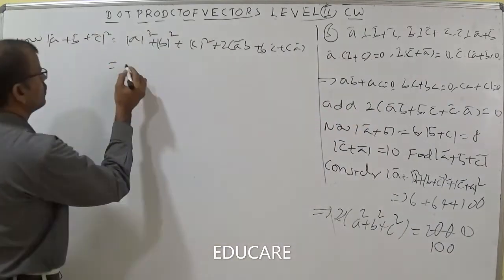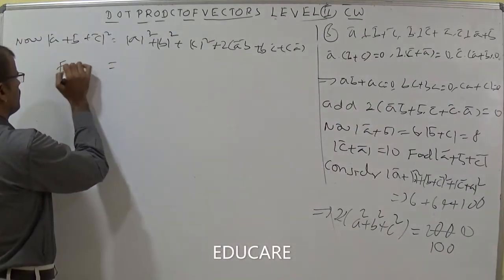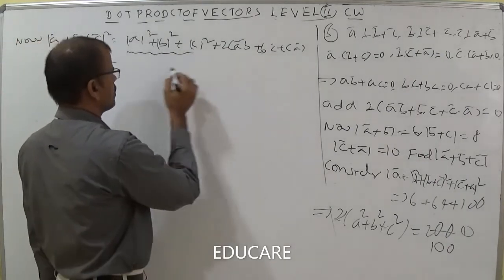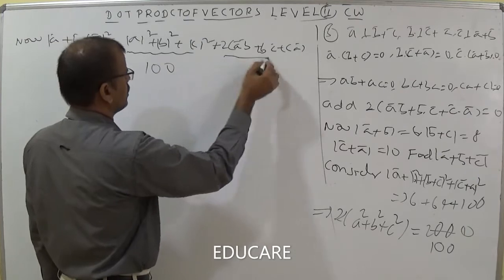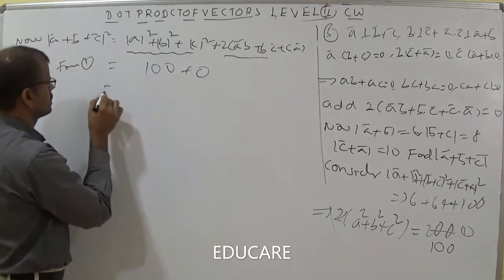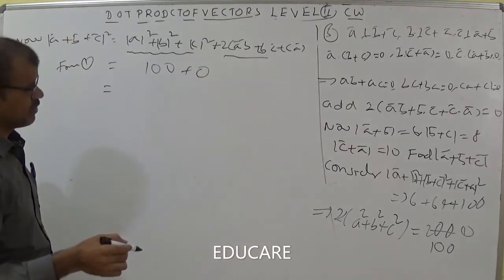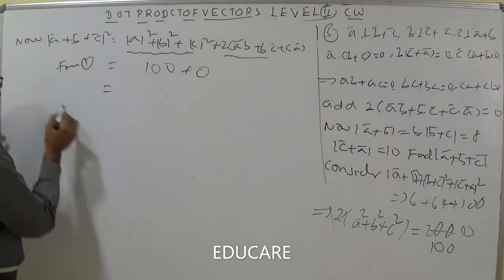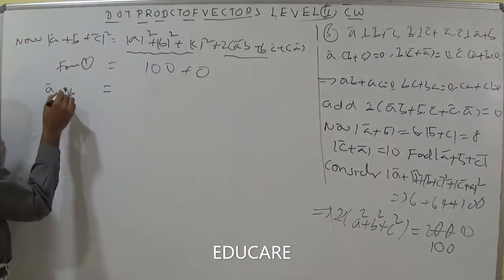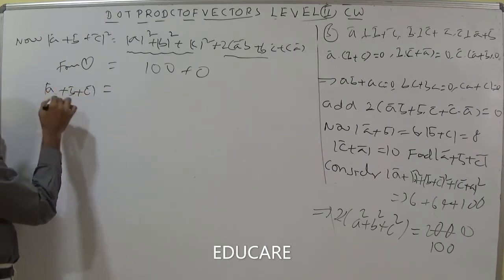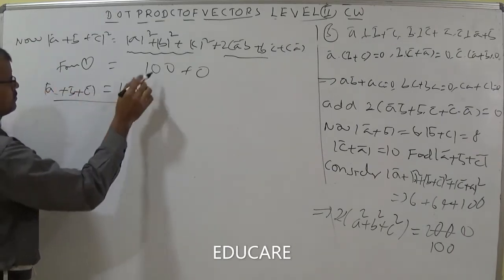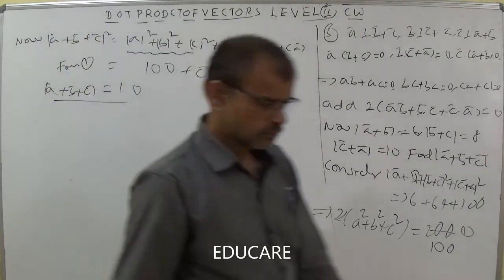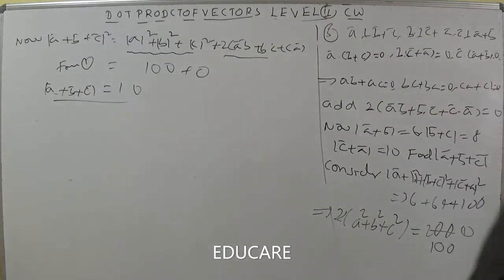Then the value you substitute from 1, I am writing. From 1, this a square plus b square plus c square is equal to 100 and this is 0. So if he is asking (a plus b plus c) whole square, you will be getting 100. If he is asking a bar plus b bar plus c bar, you will be getting 10. The root of 100 is 10. Like that. Now, 6th question.